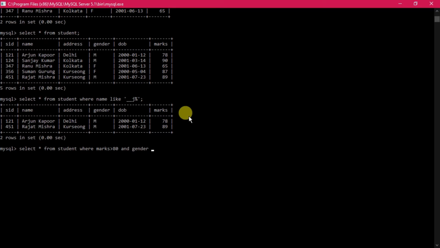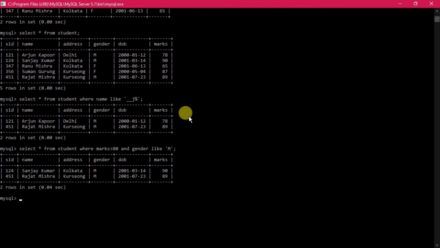You can also give gender like m. Then press this. Then what is happening, those who are male and have got more than 80, their records only will be displayed. So in this way these particular queries are functioning.